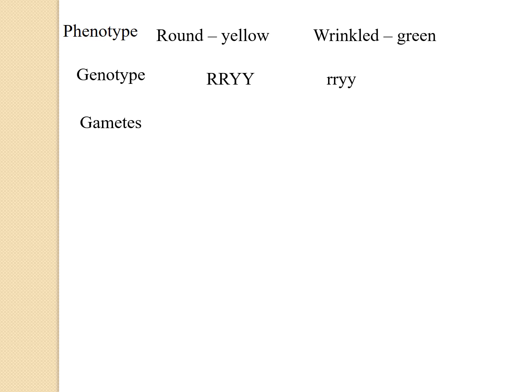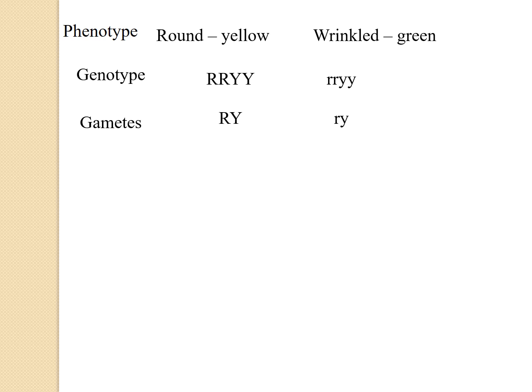Now, when we were looking at monohybrid cross, I told you that when two letters are capital, you take any one of it, and when two letters are small, you take any one of it. That is when they are in the homozygous condition. The same thing you have to do here. If you look at round, the genotype has two capital R, so you'll take any one of it. Similarly for yellow, you have two capital Y, so again you will take one of it. That is why here the gametes will be capital R, capital Y. Because they are the same, I took only one of that. Same thing you have to follow for wrinkled and green. You will take small r and small y.